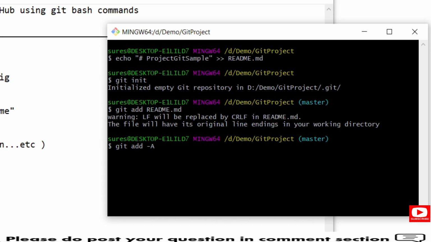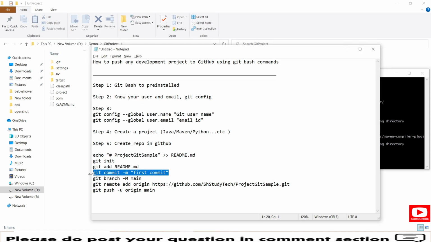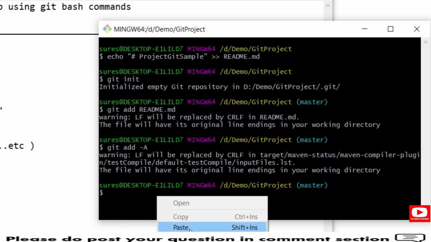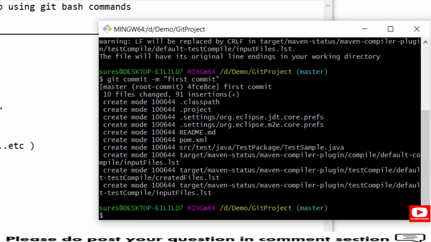If you are not typing this git add -a, it will not add all files, it will only commit the readme file. If you want to know, without using this add -a, give it a try and see, it will add only the readme file into that repository. So hit enter. This will add all files into my staging status. After that we have this git commit -m, which is a commit message, and we are committing the unstaged to the staged. So hit enter. All these files have now moved to staged status.